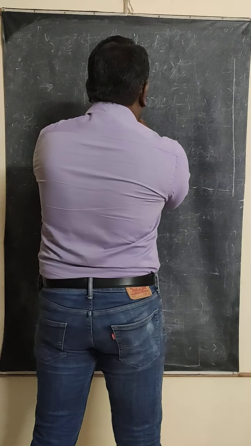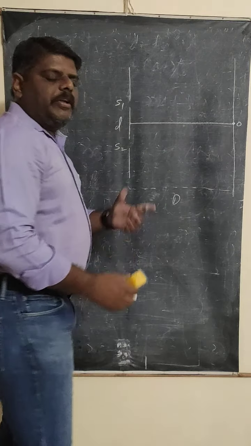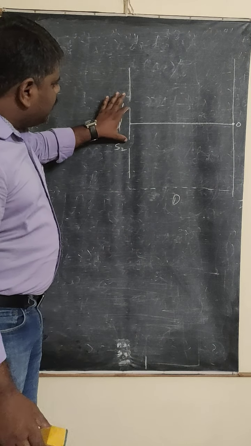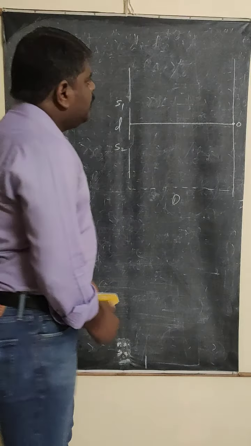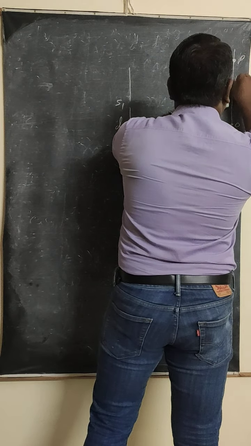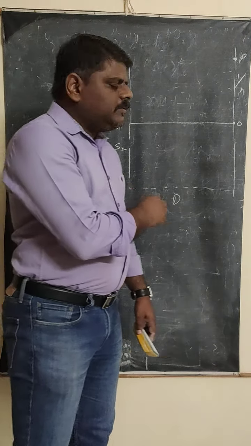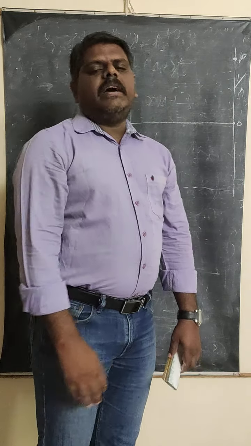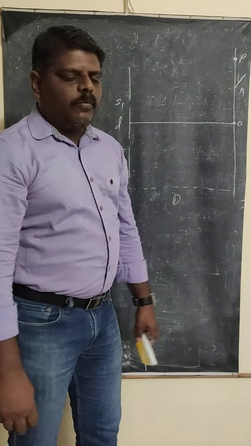The central point you are going to take represents the point O, and you take it exactly from the middle point of the two slits. Okay, that is the point O. You are going to locate a point P on the screen, which is at a distance of Yn. Yn represents the distance of the nth band, maybe the nth bright band or the nth dark band. That will be decided by the path difference. Okay, this is the Yn.